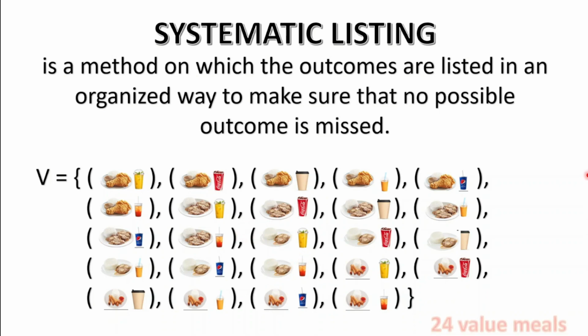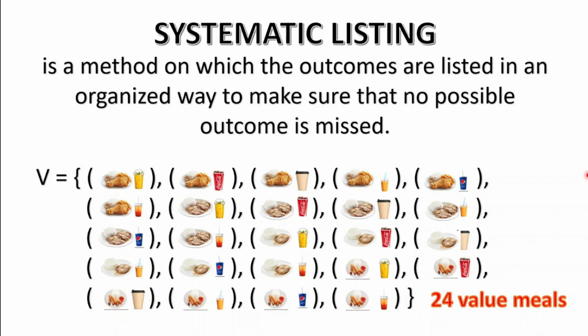And if you counted with me, you would have counted 24 value meals. And since we do not change the situation, it's the same answer as with the former two methods we use. And not to undermine these three methods of counting, but this will take time because it's representing all the possible outcomes. But this is very important or useful if what we have to do is to display all the possible